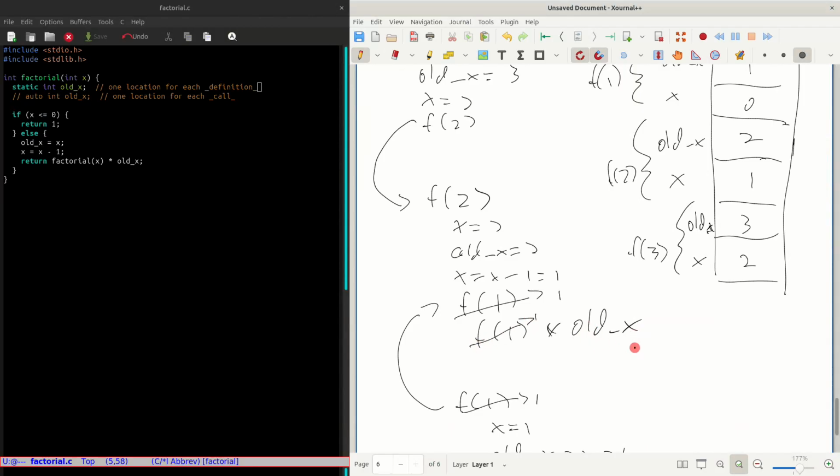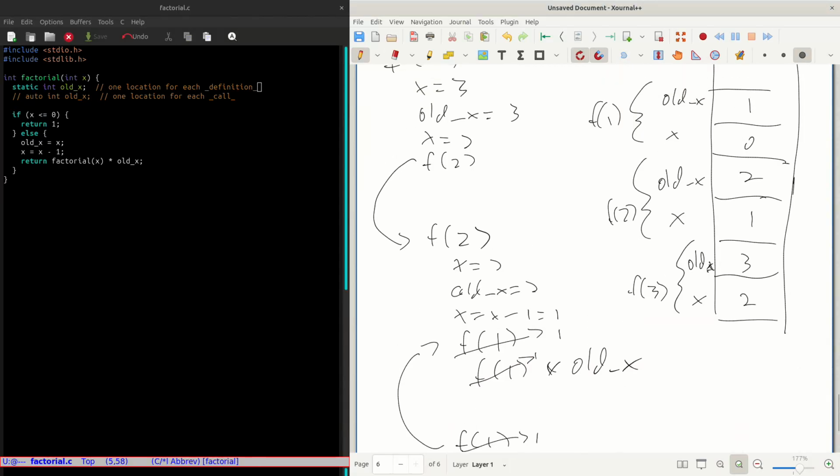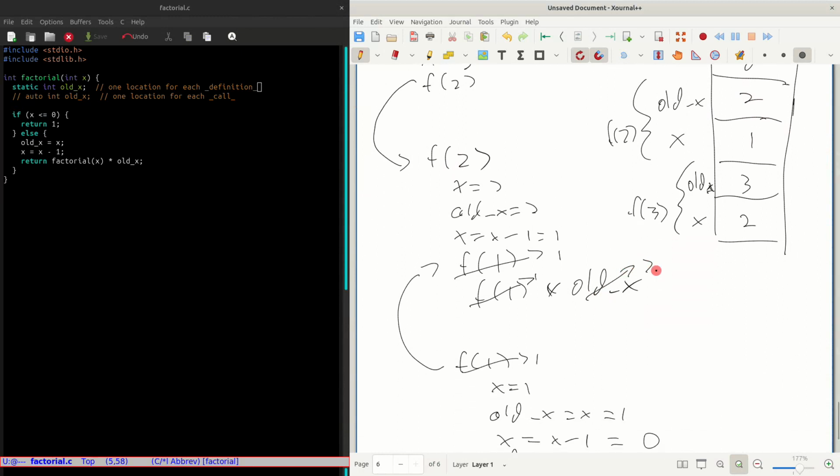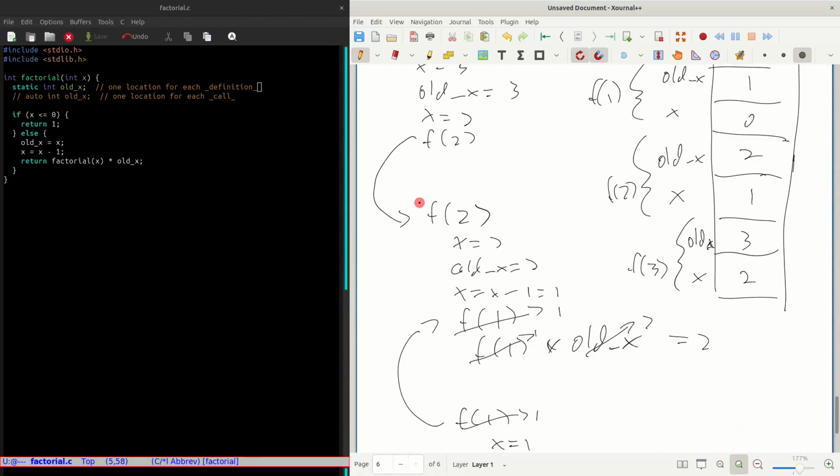What's the value of old x here? 2. So this is a call to f of 2. It has its own memory location for its local variables, and old x here is preserved as 2. So now we can finally complete the call to f of 2 and tell the caller that f of 2